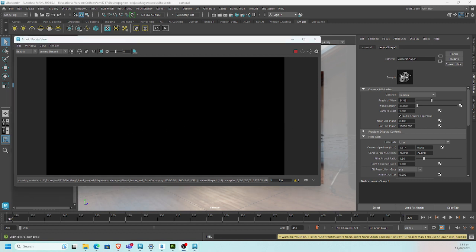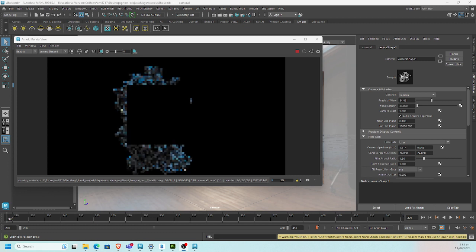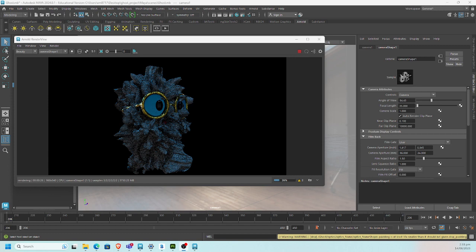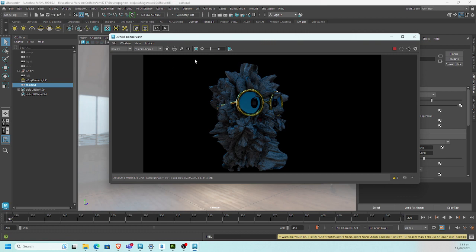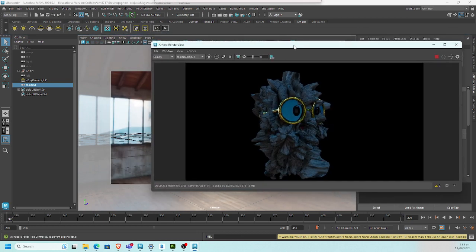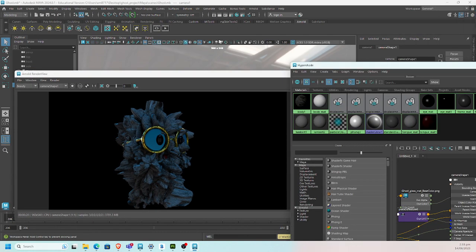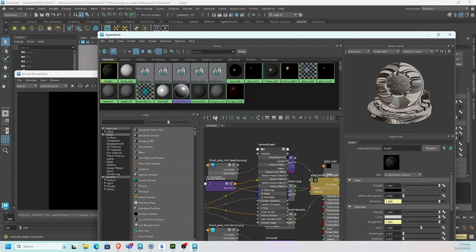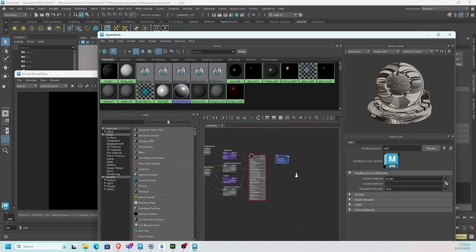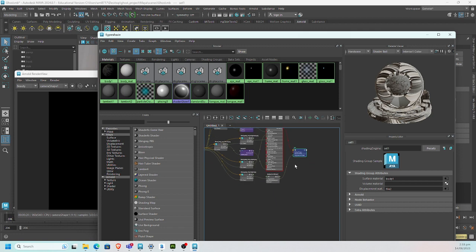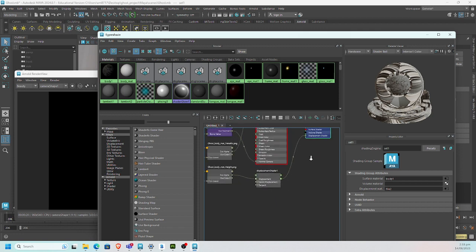So for the first time it runs, it converts all the textures, so that might take some time. But after converting all the textures, it will be faster. So if you see such a crazy thing, it's because, for example here, the body has a displacement shader. If I select the shader group,